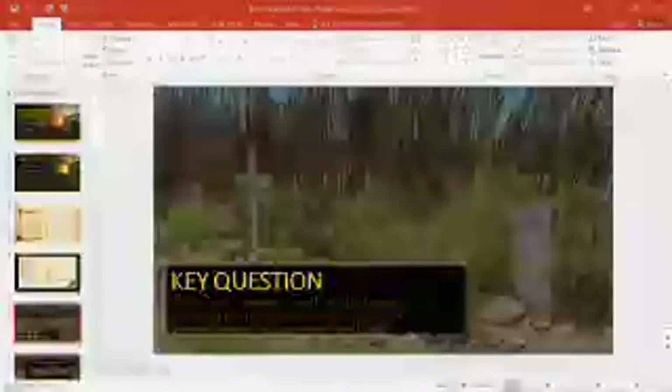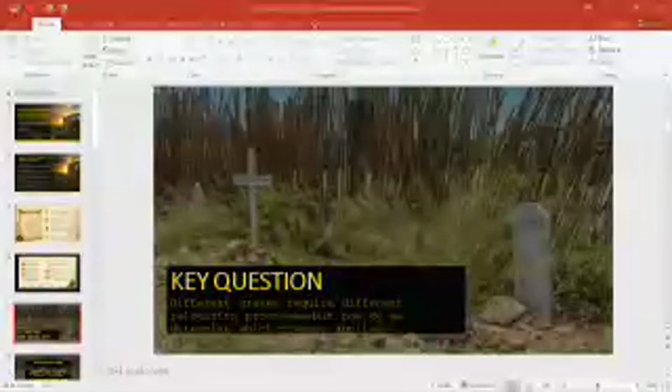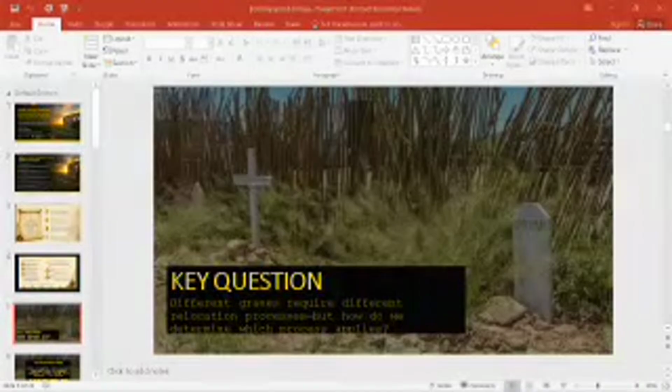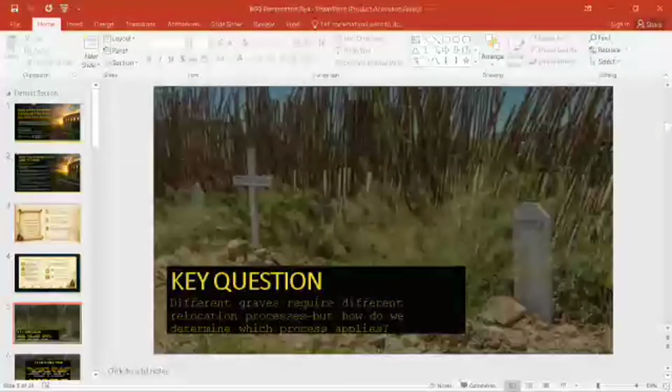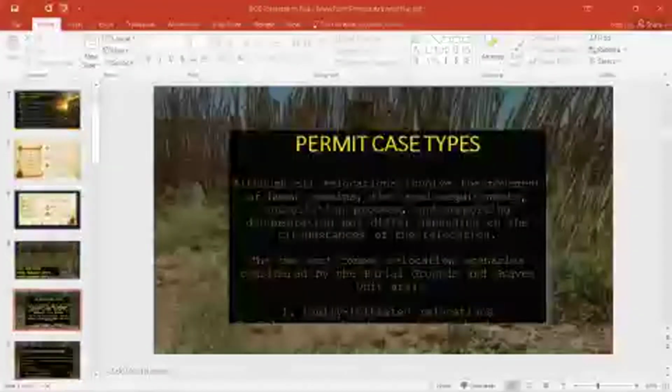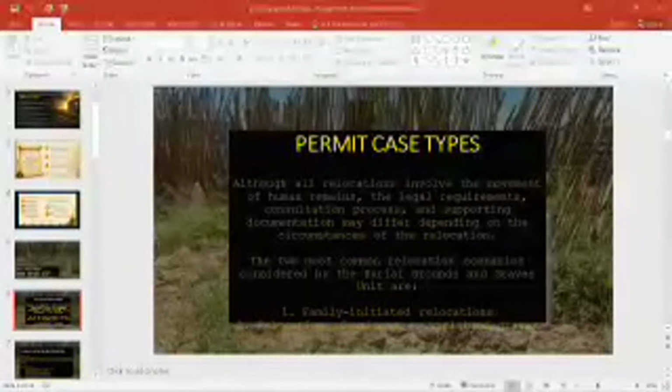Before I get into my next section, which is going to be dealing with the different cases that we deal with in our permits, I would like to pose this key question. Different graves require different relocation processes, but how do we determine which processes apply? The answer lies in the category and heritage status of the graves. Let's examine the most common exhumation cases encountered by units. The first common one is exhumation and